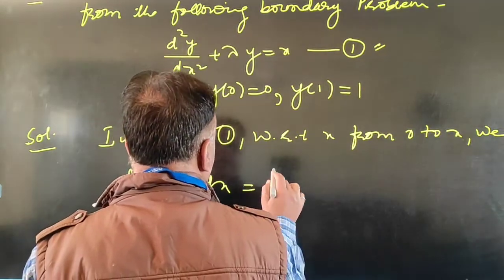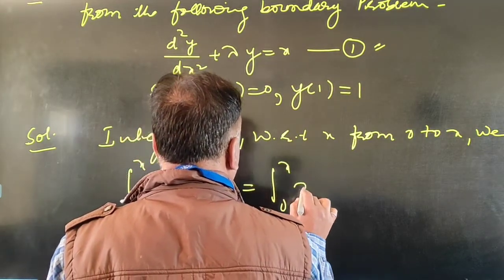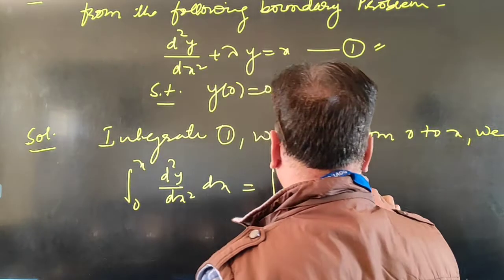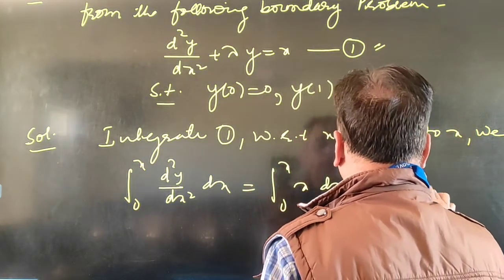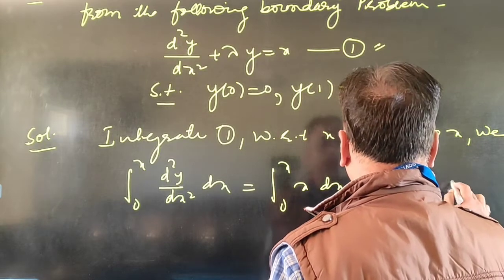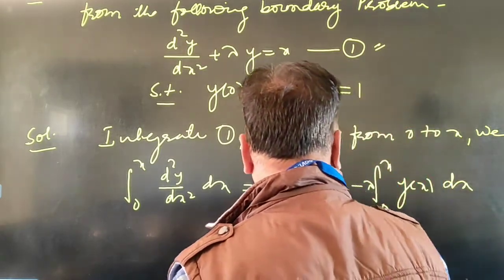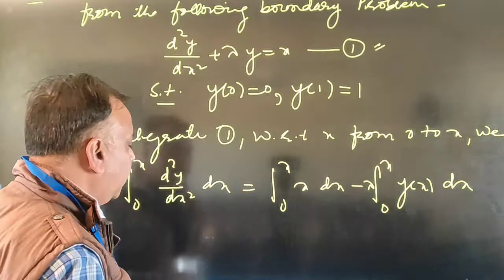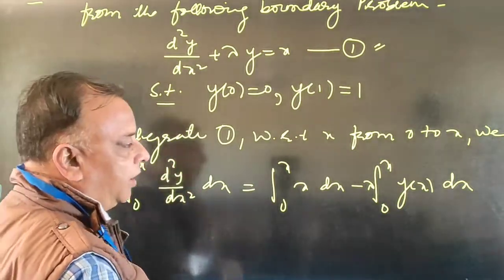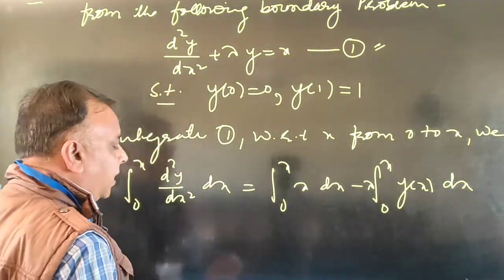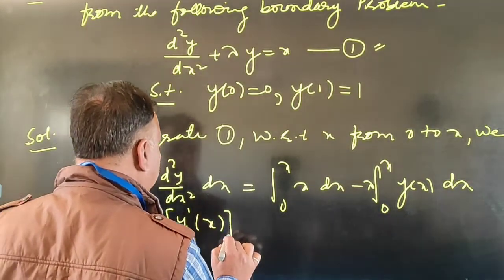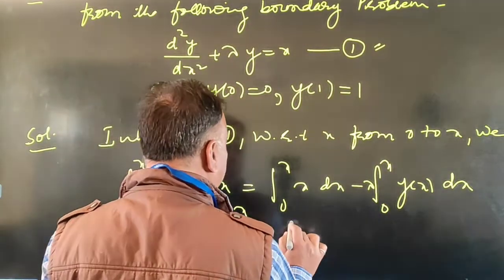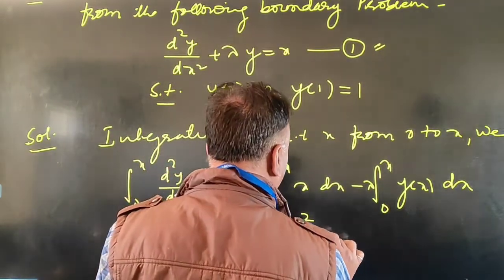This can be written as integral 0 to x of x dx minus lambda, which is a constant, integral 0 to x of y, which is a function of x, dx. Now integrating this, the integration of d2y by dx square is dy by dx, that is y dash x. So y dash x, with the limits from 0 to x, is equal to x square by 2 minus